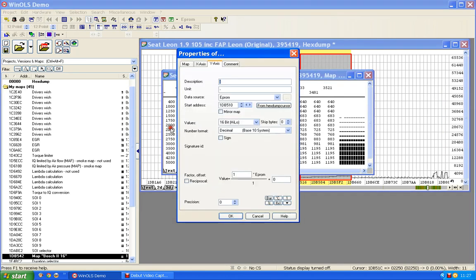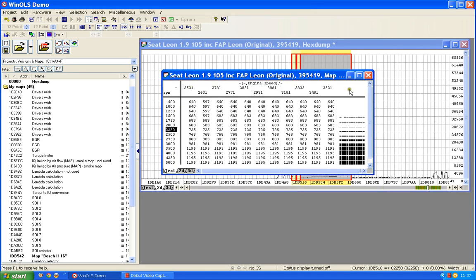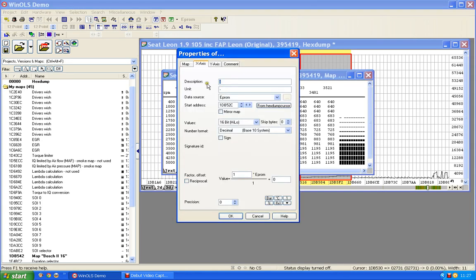This looks like revs per minute, doesn't it? So we'll put in there engine speed and revs per minute. Just accept that, and then now these, again, as I said earlier, you can usually spot temperatures, especially with the number 2731, because that may well be 273.1, so they could be temperatures. So we'll put in there temperature. I'll just put a C because I can't be bothered to look for a degree sign.